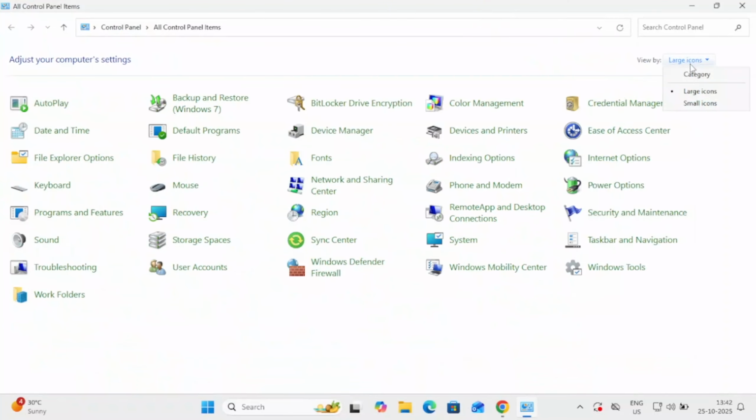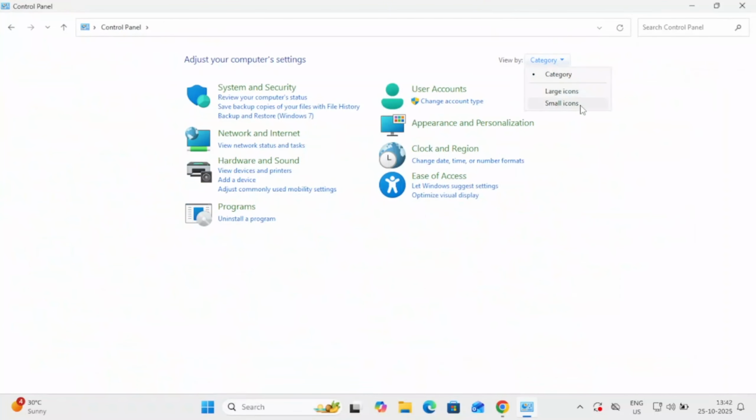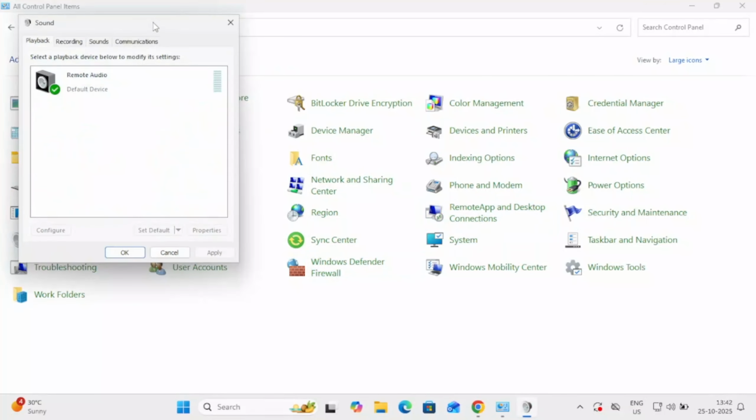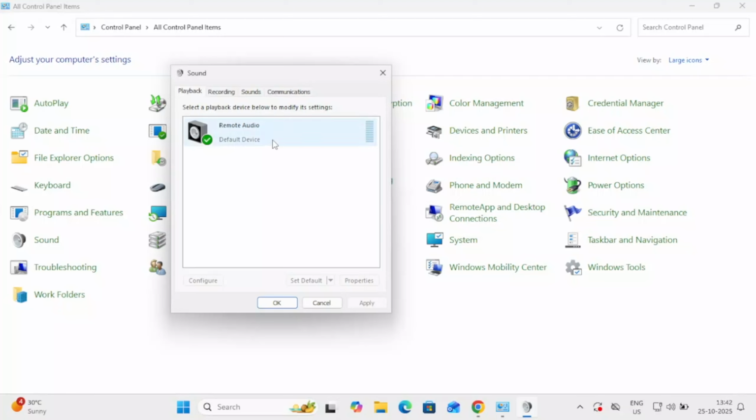And you need to go to category here and then you need to look for large icons. Then you need to look for sound option, and once you see the sound options, you have to check your audio driver is here. If it is disabled, you need to enable that option. If it is not showing up here and there is no driver on your Windows, so what you can do is you can go to